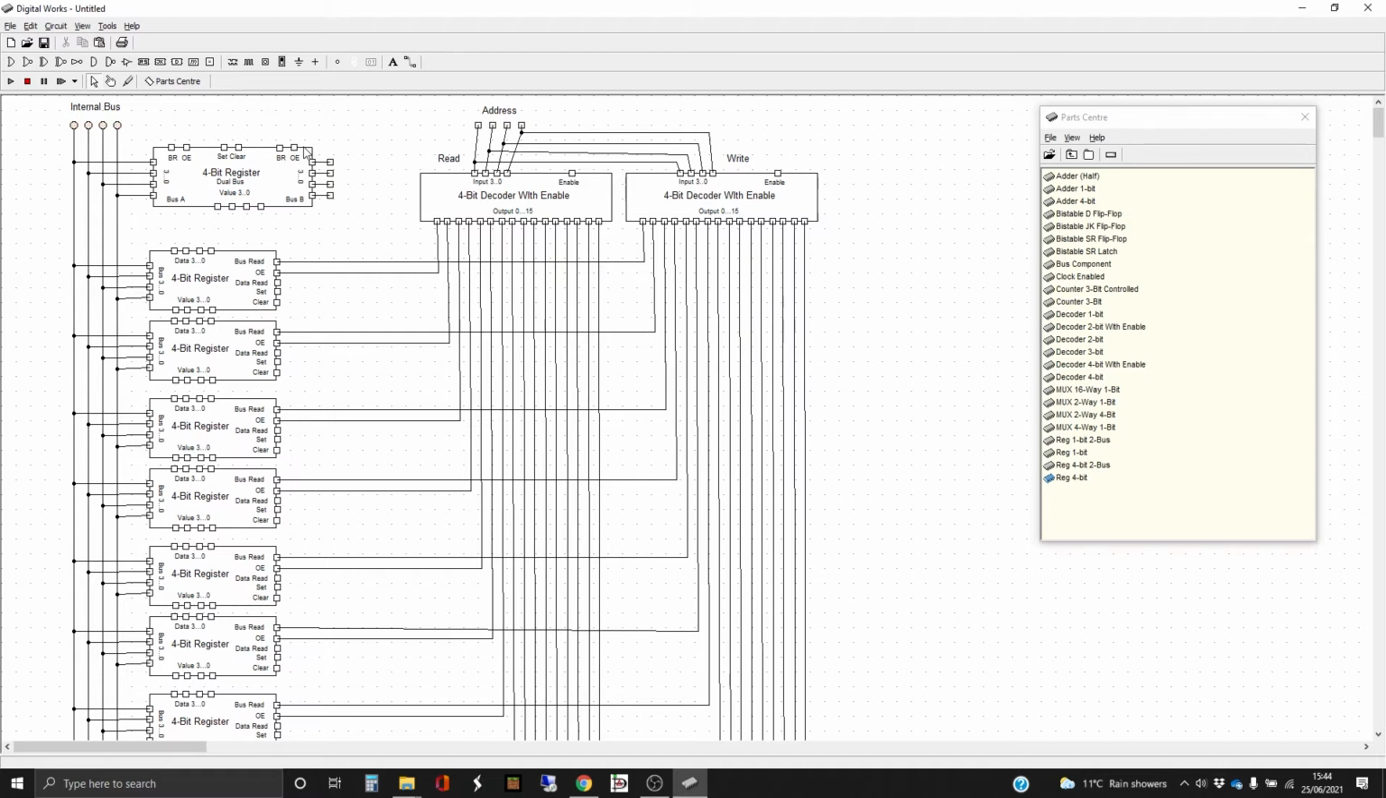What else have we got wired up? We've got bus B wired up there, and we want to wire up a bus read and output enable for that output data register. So we'll just connect those in there. What do I want in here and here? So we want a read